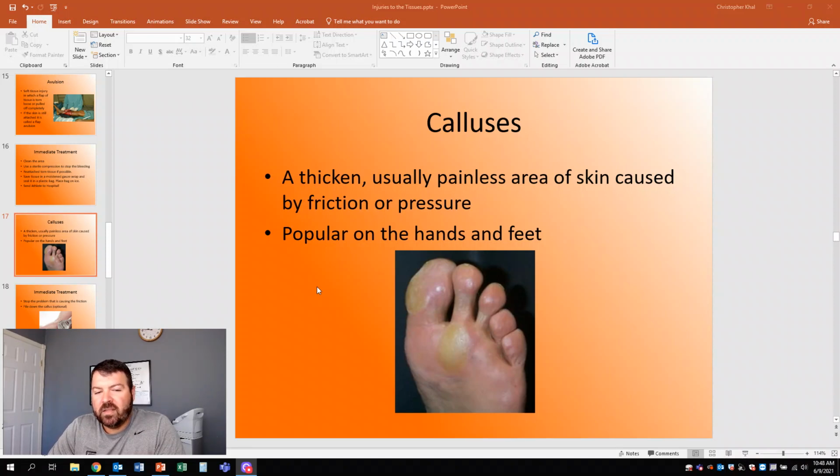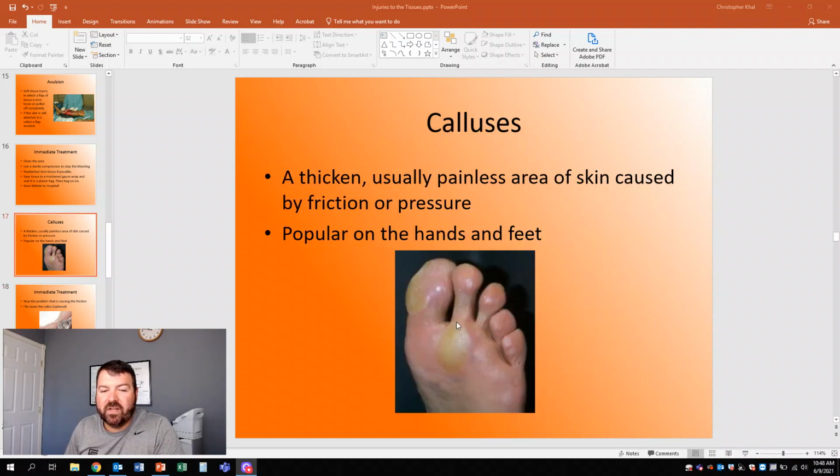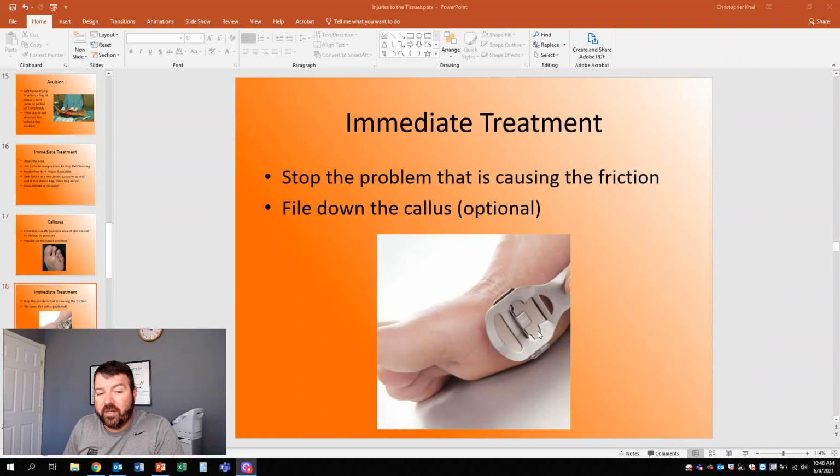Most calluses are non-painful. Some can be, just because of the lot of pressure that they build up. In this case, you'll have to just file them down, or use a shaver for calluses like this. It's pretty nice and not really expensive. I've never seen them in a store; we just buy them online. It shaves off all these calluses really easily. It leaves all the soft tissue intact and only takes off the hard tissue. There is a razor blade on there. But that can help relieve any kind of pressure.